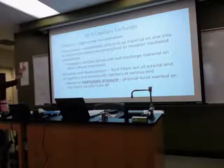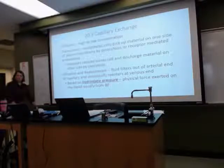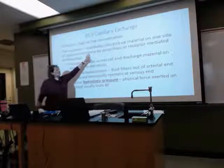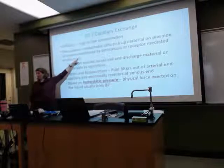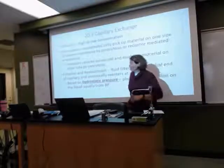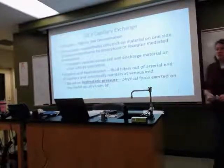At this point, I will not discuss diffusion. Hopefully you know it's from the area of high to low concentration. The transcytosis, movement across the cell. The cells can pick up material on one side of their plasma membrane, usually by pinocytosis or receptor-mediated endocytosis. So if I have a cell,